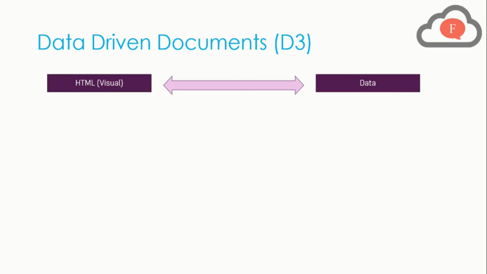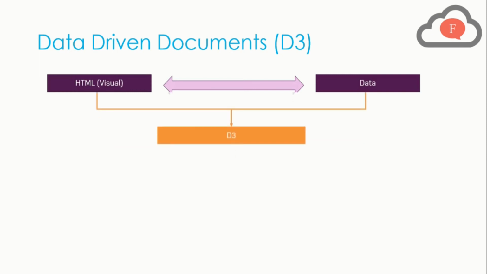Now how can we solve this problem? As I have told you, we use JavaScript. That means within JavaScript we can use a package to solve this problem, and this is none other than the D3 package. That means we use a third party package, that is data-driven documents. In this case, data-driven documents plays a very important role for us, that is, it manages everything.